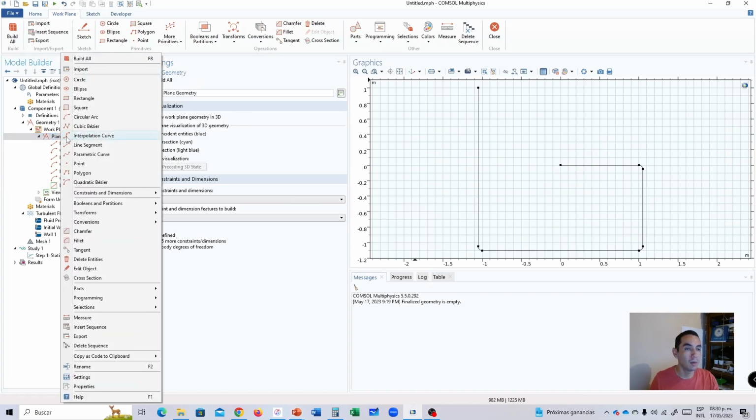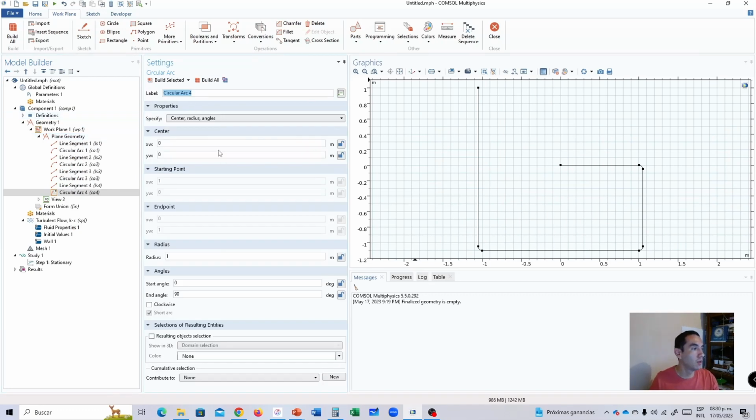Okay, I'm going to create a circular arc. This is going to be minus 1 meter. Here is going to be 1 meter, and here is going to be 2 inch. Build. And I have to change the start angle. It's going to be 90 and 180. Okay,